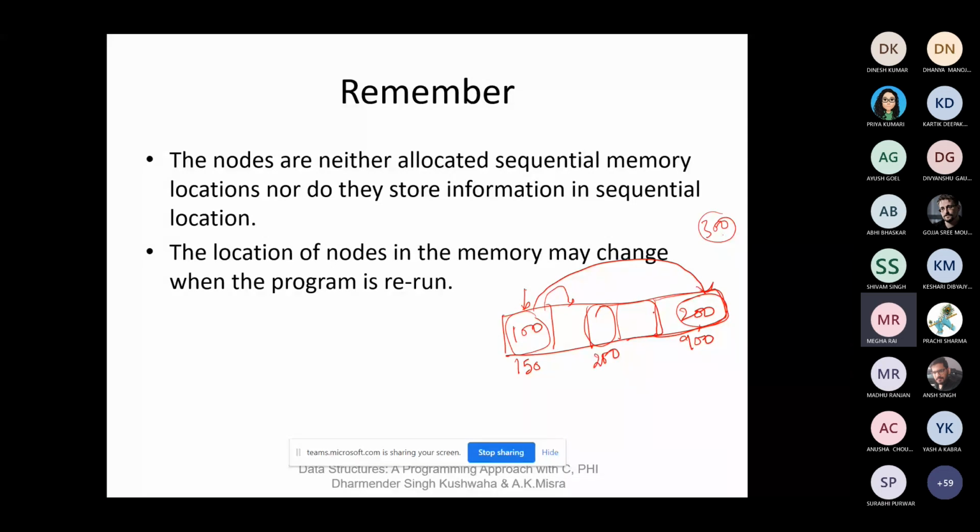So 100, 200, and each contains the address of the next node. In memory they are stored at different locations, but using the linked representation means a particular node contains the address of the next node. On that basis, we can access the elements like 100, 200, then 300,